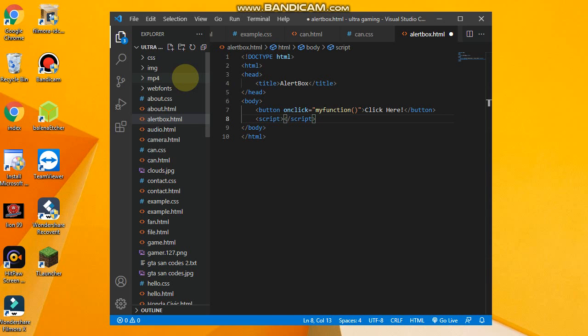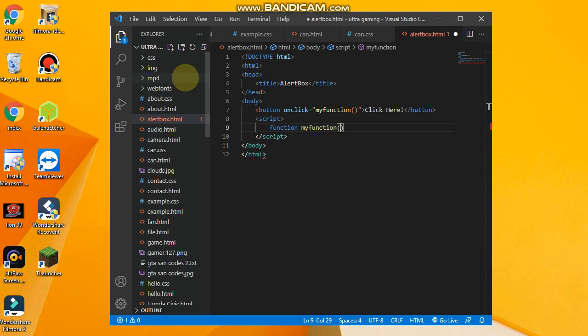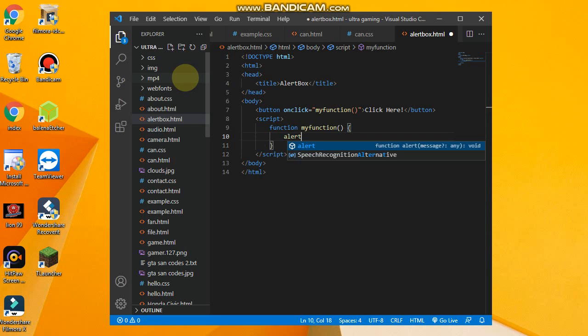script, enter, and I will there write function myFunction, and this, and over there I will write there alert, and do like this, then I will write there hello guys, and then do like this,